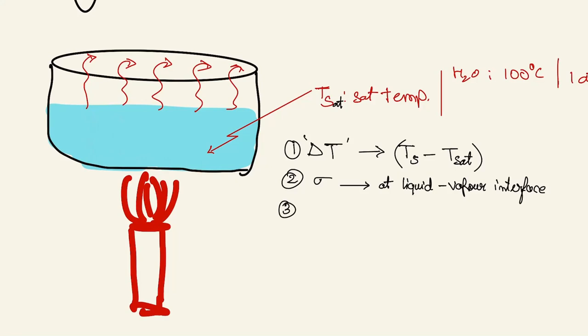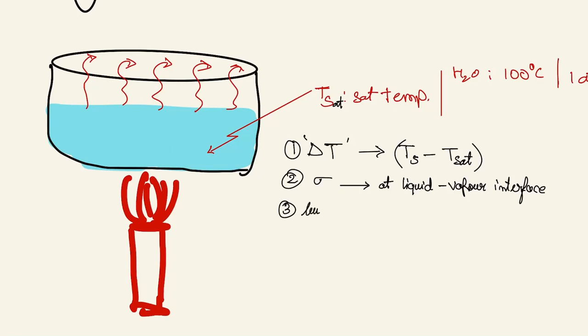See, a small vapor bubble was formed over here. Small vapor bubble was formed over here. The density of this vapor bubble will for sure be lesser than the density of the water. And we have seen that this difference in the density will give rise to the buoyancy force, and it will push the bubble upwards. So this bubble will experience an upward force, which is termed as buoyancy force. I am very sure you must have learned this in your fluid mechanics classes.